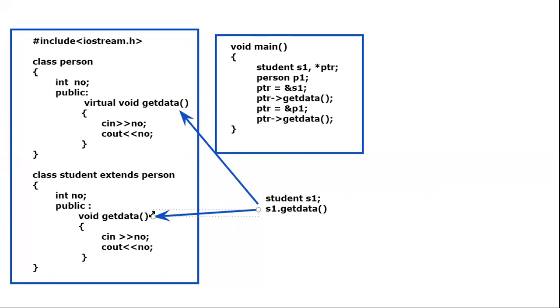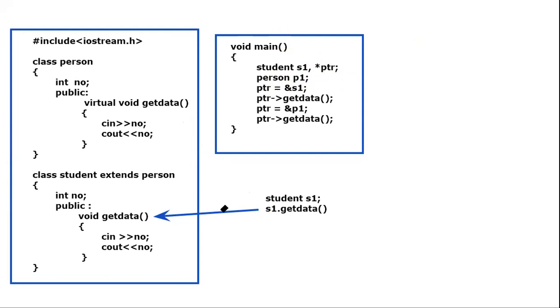So what we are going to do in this, first create one object for the base class as well as for the derived class. So when you create an object for the base class and derived class, that is the student s1 and person p1, along with that, I have created one pointer object. Pointer object means what? See, what is a normal pointer? It is going to hold the address of a variable. So to hold the address of an object, we require the pointer object. Understood?